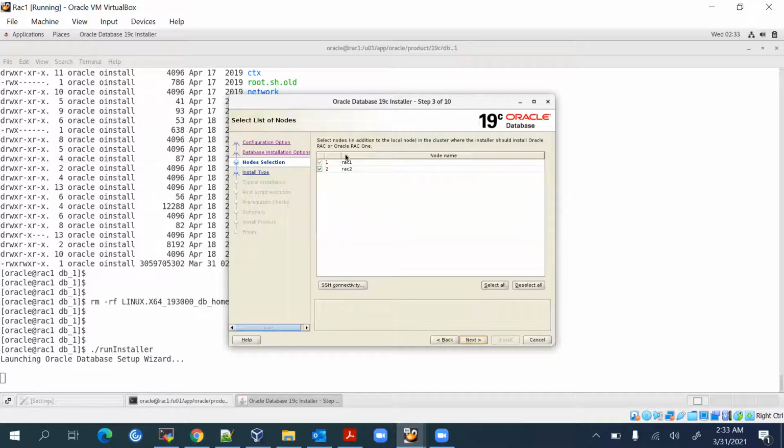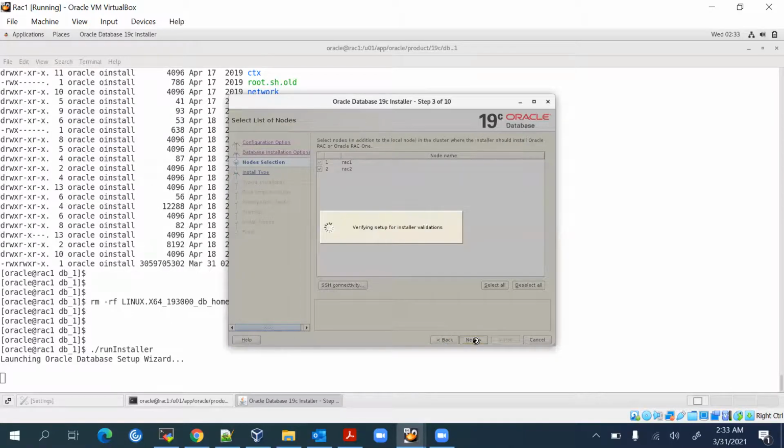Here already the two nodes are selected, RAC 1, RAC 2. So we don't have to do anything, just choose next. It will automatically verify the setup for the installation purpose. Okay,